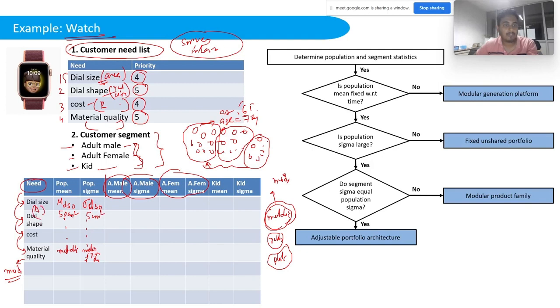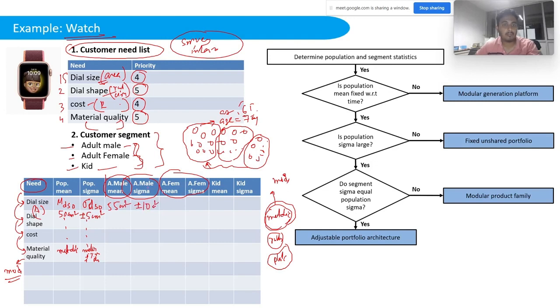That means 50 plus minus 5 centimeter square. Adult male may require something greater than this, so they may say 55. Sigma can be again plus minus 10